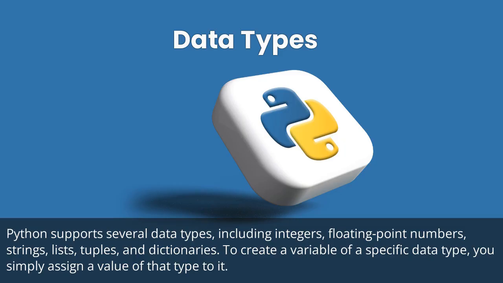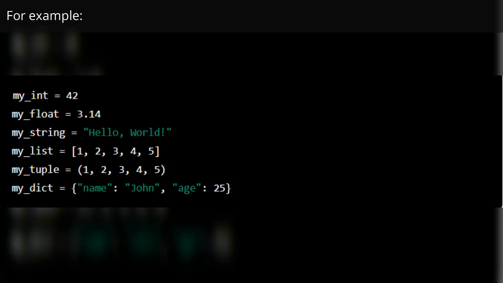Python supports several data types, including integers, floating point numbers, strings, lists, tuples, and dictionaries. To create a variable of a specific data type, you simply assign a value of that type to it. For example,